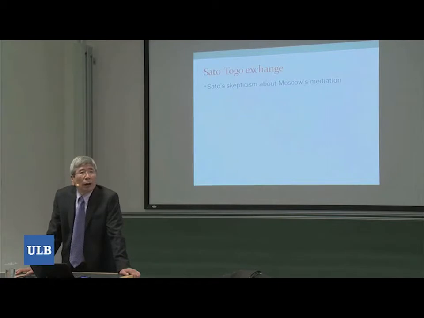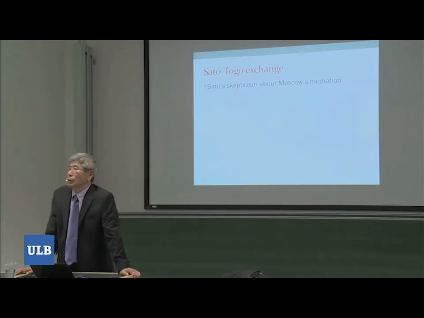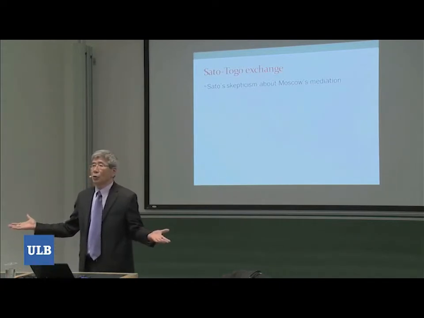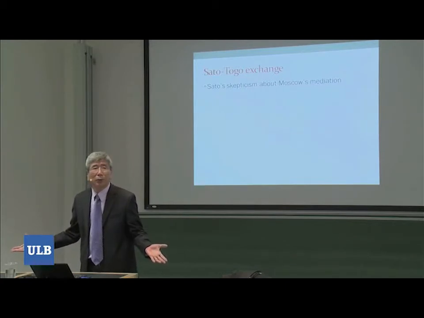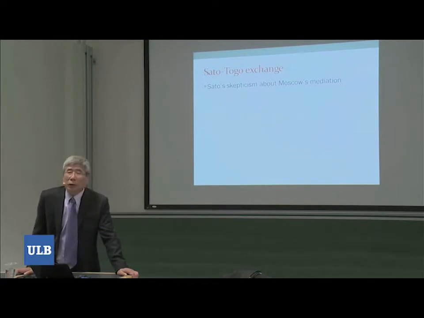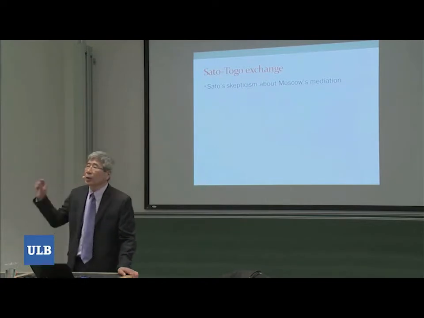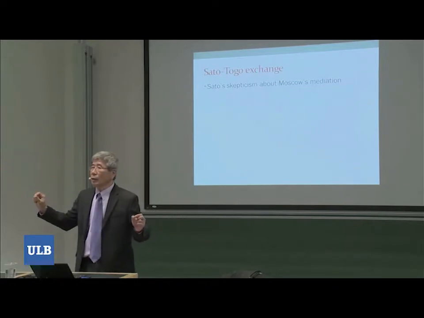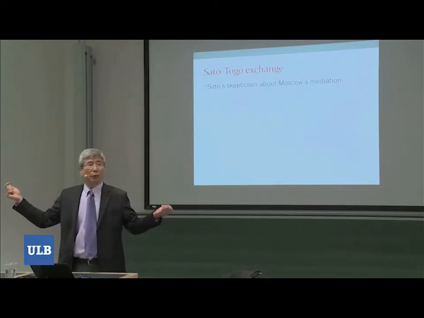Japanese request for mediation. After all, during long protracted negotiations with the former Prime Minister, Foreign Minister Hirota, Moscow didn't budge, and Moscow's position is much better now. So there's no way that Moscow would accept the Japanese request. In fact, this is after the Potsdam conference, and he suspected there must be some kind of agreement between the Soviet Union and the Allies. And this is foolish to expect